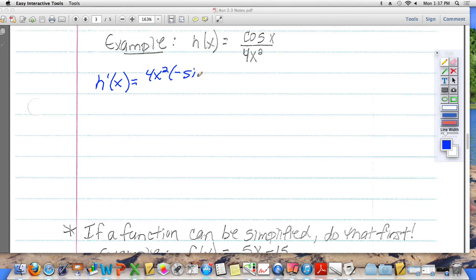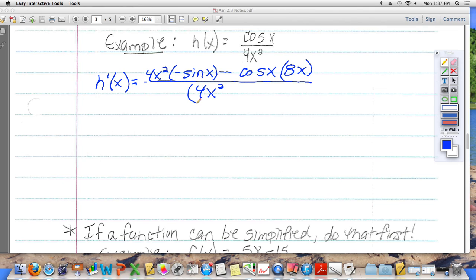Good job. Negative sine of x minus cosine of x. In other words, the numerator, cosine of x, times the derivative of the denominator. What is the derivative of 4x squared? 8x. Just 8x. Divided by